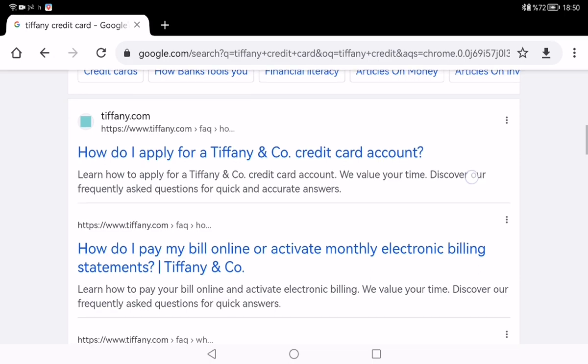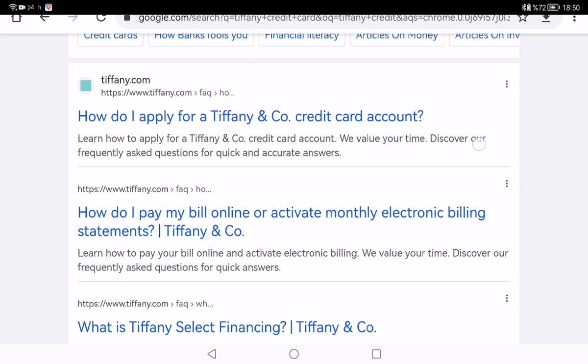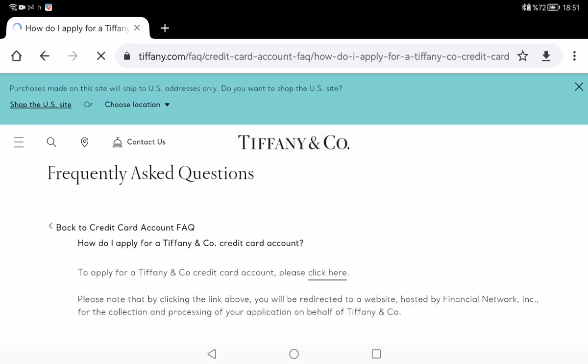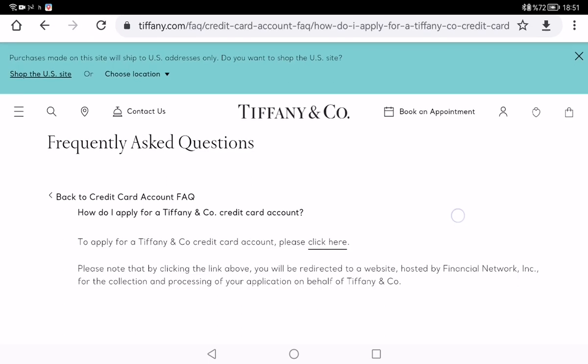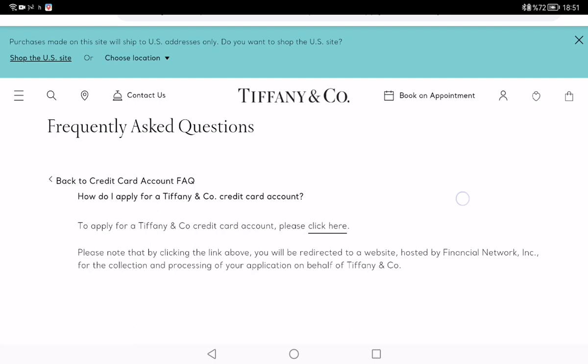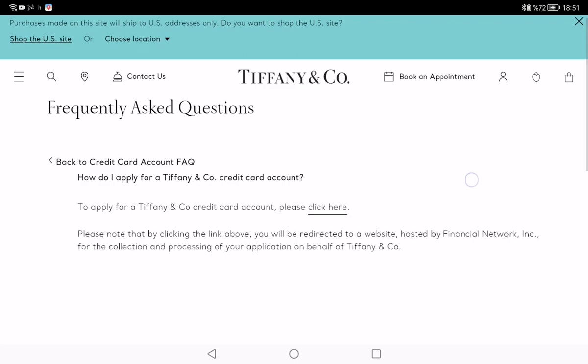And this page is the Google searches, and I will click the Tiffany.com website. As you see, the link is long, but the main page is Tiffany.com, and this page is the frequently asked questions page. If you want to apply for a Tiffany credit card account, you need to click the button here,